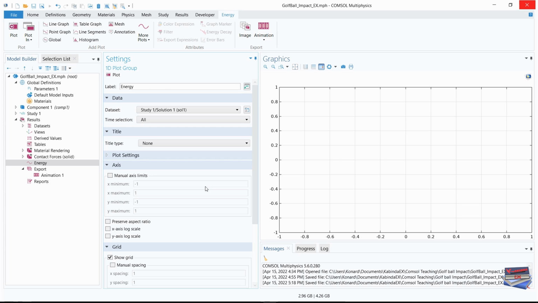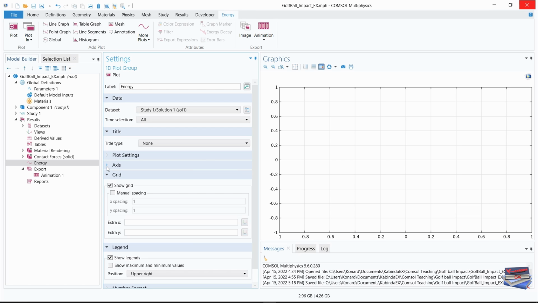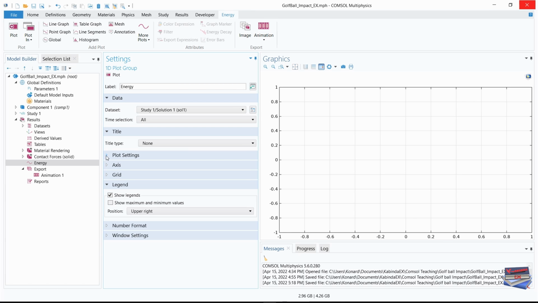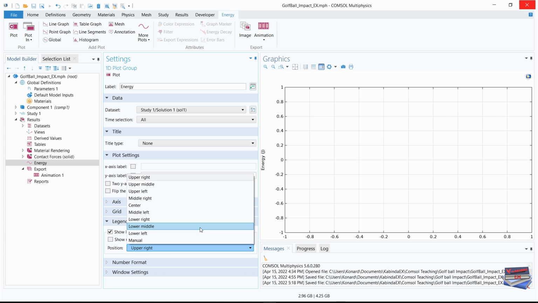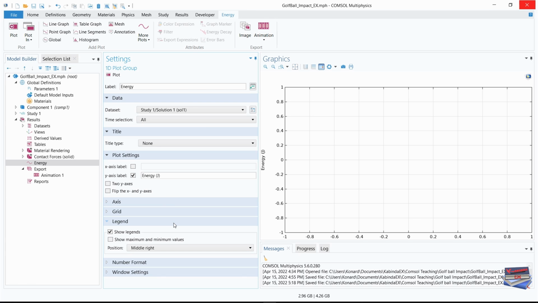And for the plot settings, so let's minimize axis, let's minimize grid, and let's go to plot settings. Let's select the Y axis label, and for this, let's type energy, and let's put J for joules, capital J, and let's go down to the legend here. Make sure you have show legends, and for the position, let's choose the middle right. Okay,